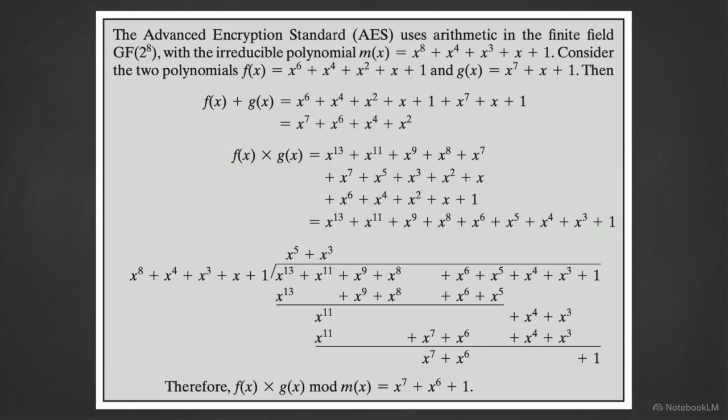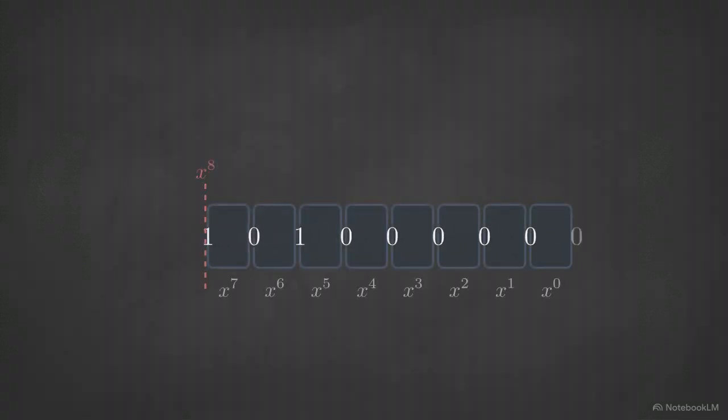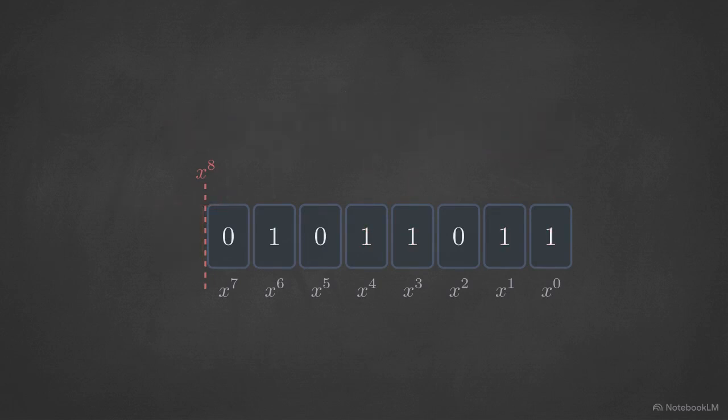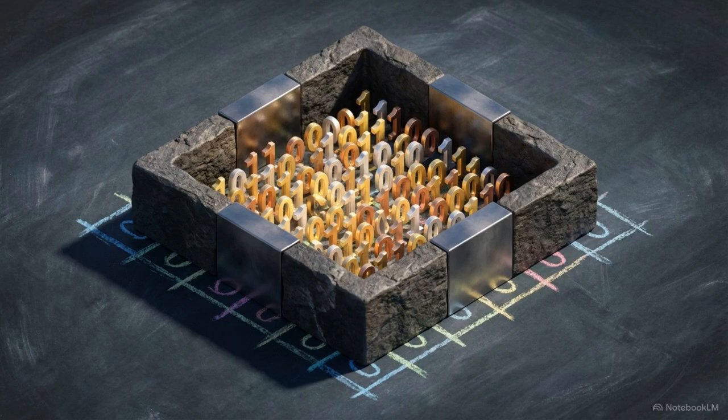The long division step at the bottom shows the overflowed polynomial of degree 13 being divided by the AES irreducible polynomial to return an 8-bit remainder. In a physical processor, this reduction is a conditional XOR triggered whenever a bit shifts past the highest register boundary. This shift and XOR mechanic ensures the memory footprint remains static while the data is transformed through the field.